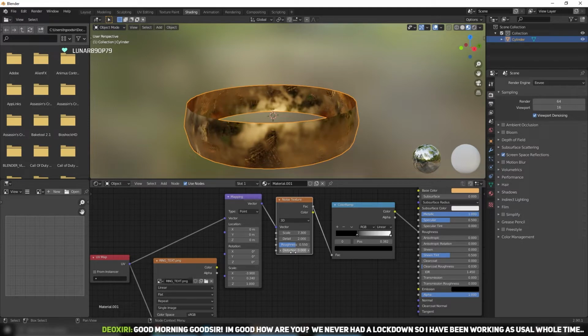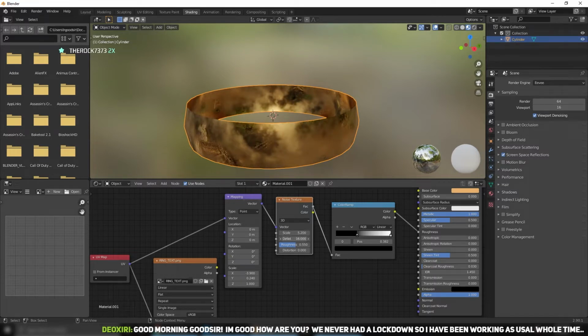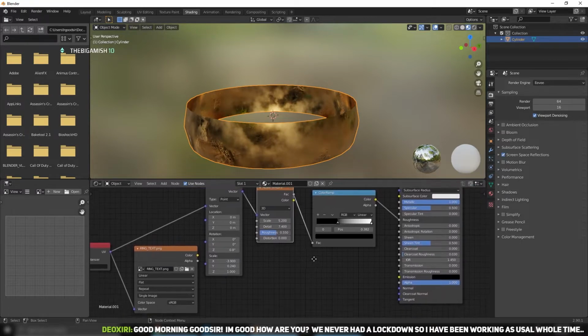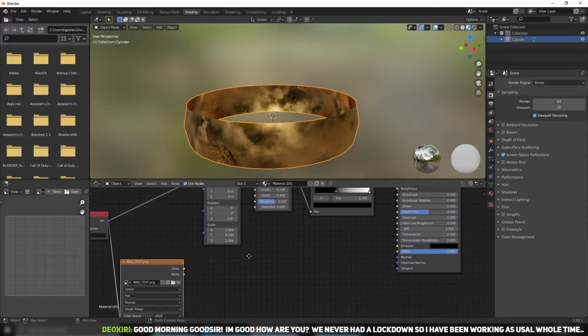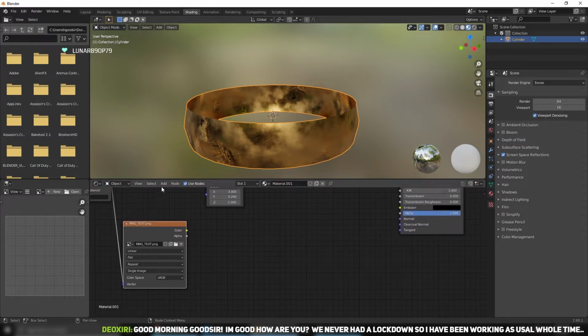I don't want that though. I don't know what that is. Detail. Oh, detail. Gosh, detail. Can even rotate this. Kind of cool. Something like that. I don't know. Anyway, we got that texture we want to do. So we need